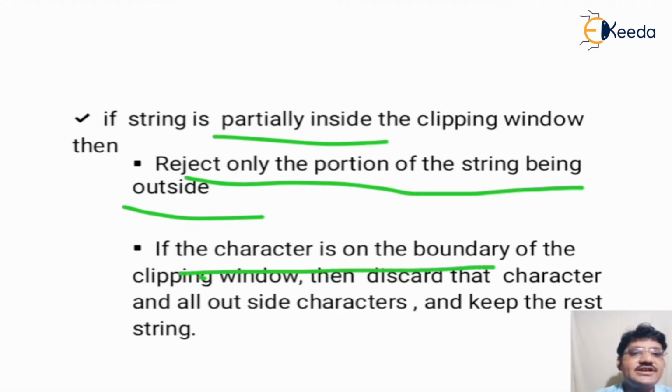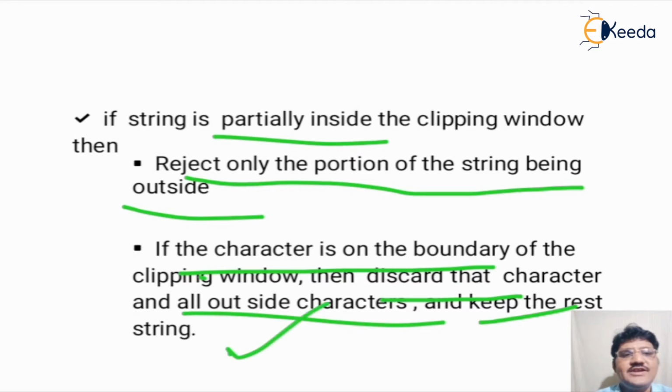If any character is lying on the boundary, then we reject that character, along with all characters outside the clipping window, and the rest of the characters will be kept safe.